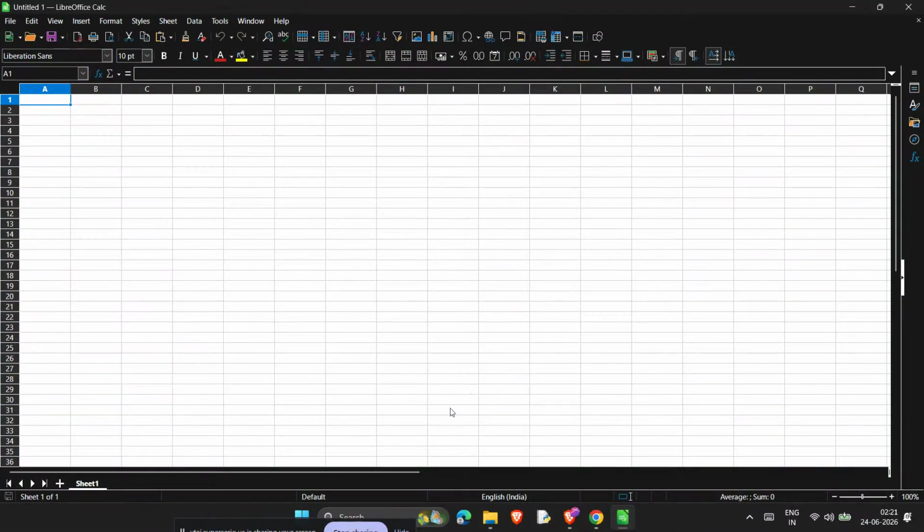If LibreOffice is showing an error loading BASIC for your document, the good news is that this is usually caused by a corrupted user profile or damaged template cache, and in most cases, you can fix it very quickly. In this video, I'm going to show you the fastest way to stop that error loop and get LibreOffice working